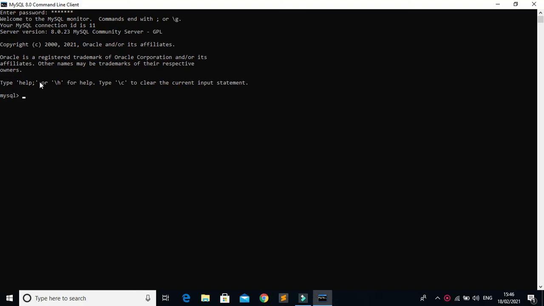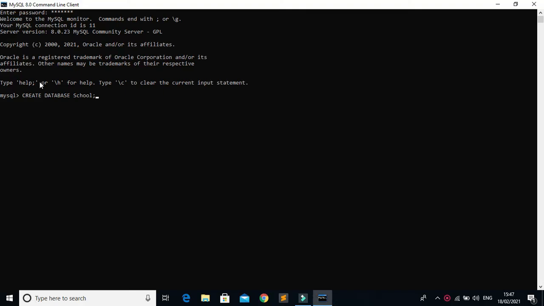Now what is the syntax for create database? We just have to write in capital letters, CREATE DATABASE, and whatever name you want to give, let's say school, and a semicolon. The semicolon is used to end the SQL statement.